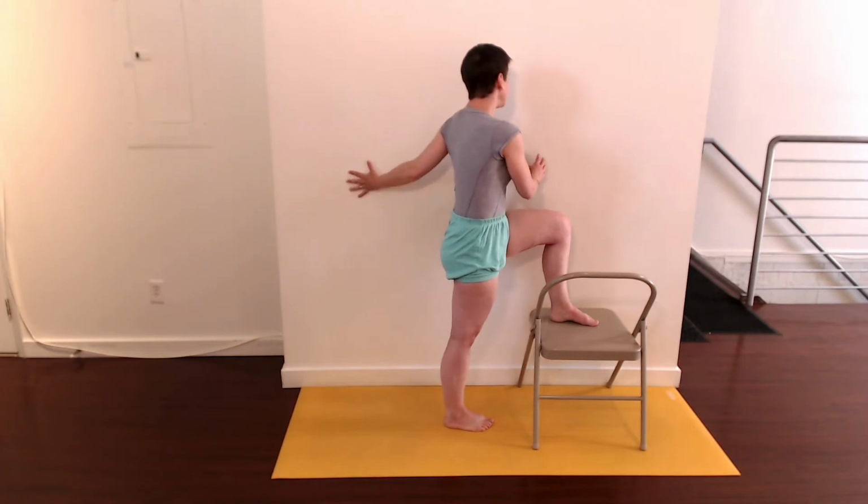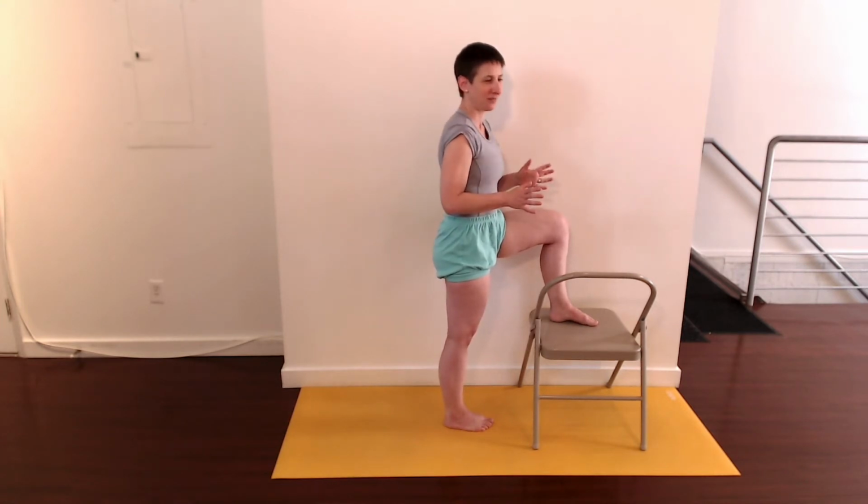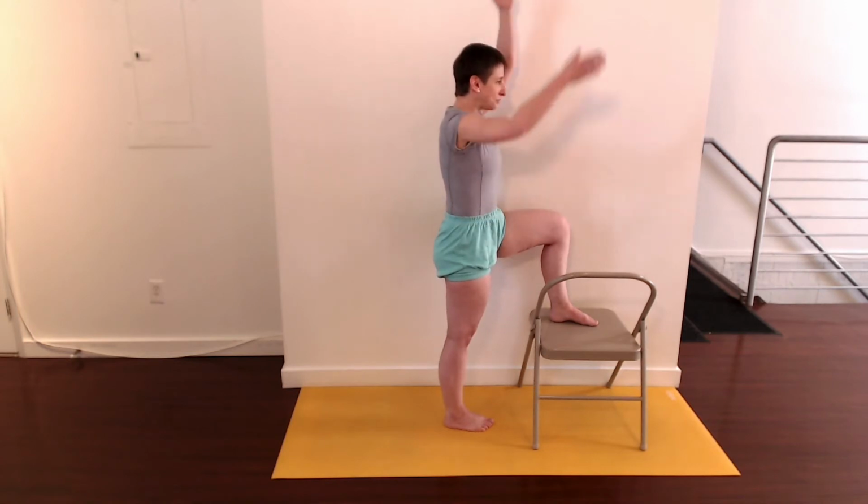Okay, so again, see this side is not feeling as good. So this is me just doing it without any modifications. And this side in here just starts to feel really, really crunchy. Okay, so you can